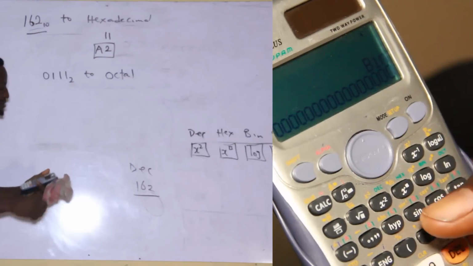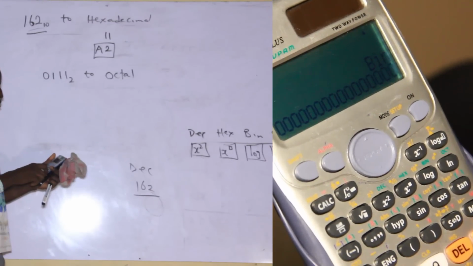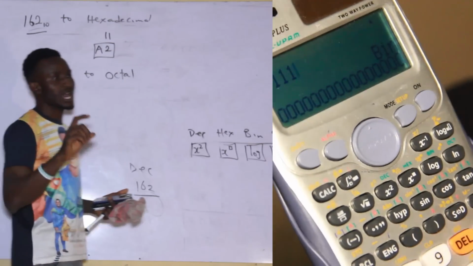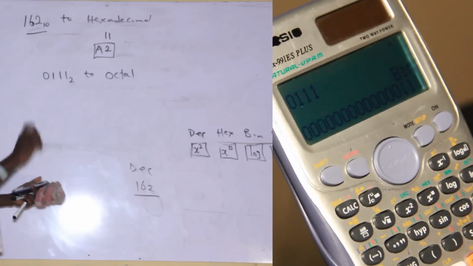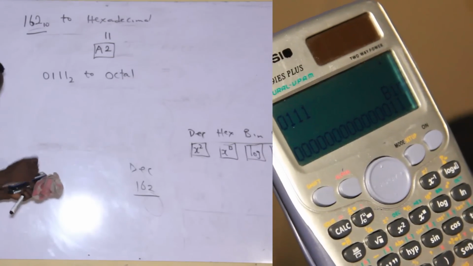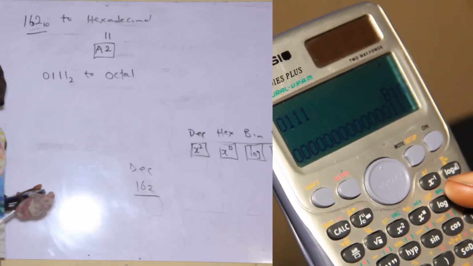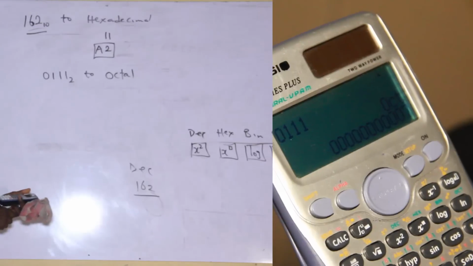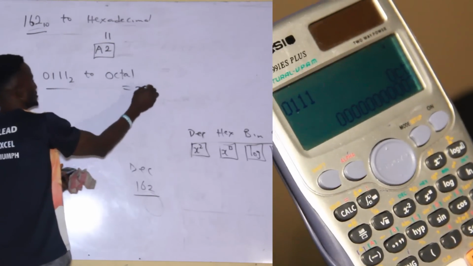So press the binary button, which is the log. When you press the log, enter the question, which is 0111, then press equals to. Make sure that it shows the binary digits there. Then when it shows, convert to octal. How do you convert to octal? Just press the button of octal, which is the lane button. Now when you press the lane button, you observe that the result is